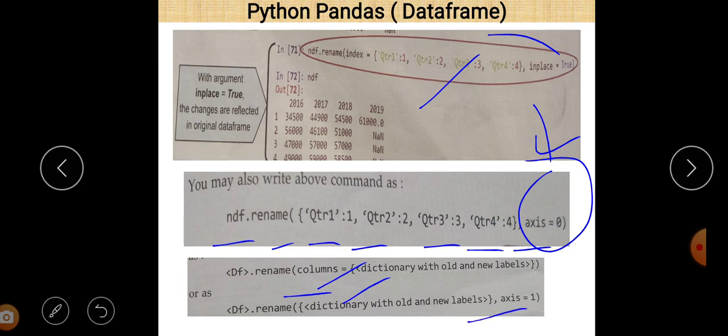So there are two different possibilities, and you can opt for any one method for this purpose. You either use a mapper dictionary with the axis argument or use a dictionary with the index or columns keyword argument.